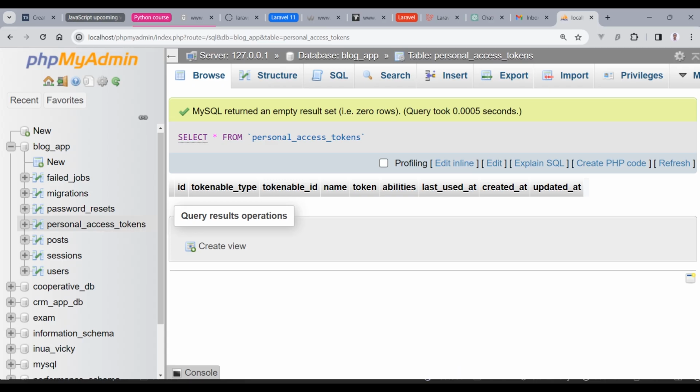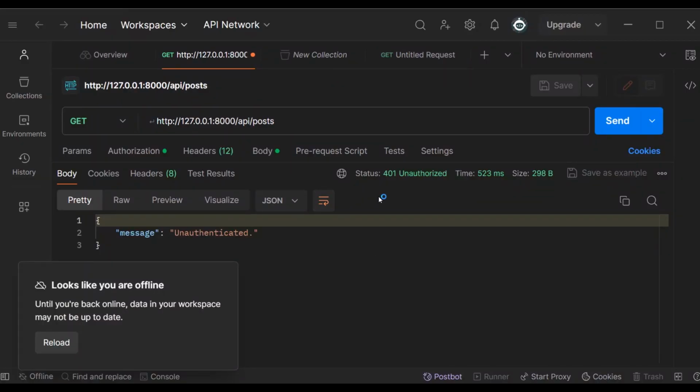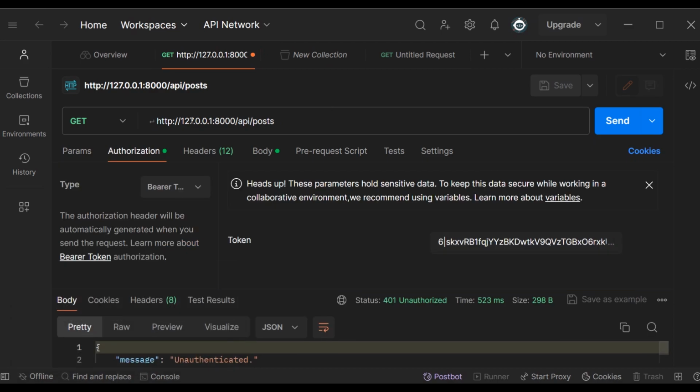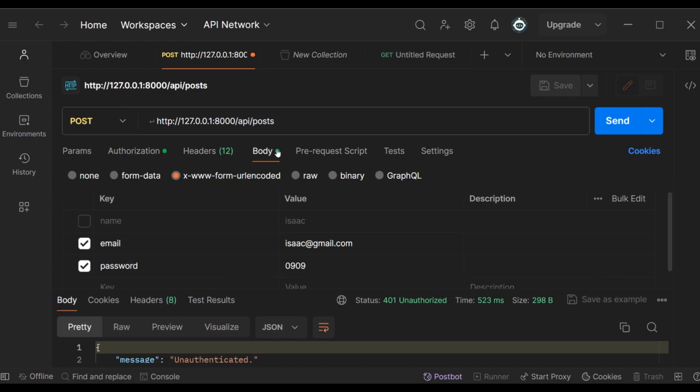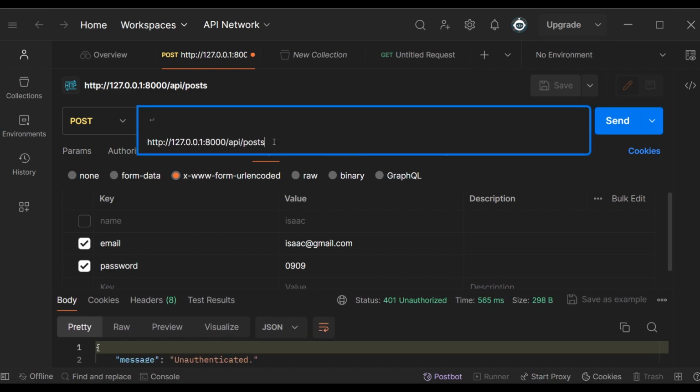Now, in order for a user to get access to the list of posts, he needs to be logged in. And then if we log in this user, let's change to body, and then here we move to the body tag, and then here we send valid credentials. Here we need to change the endpoints. You can see,